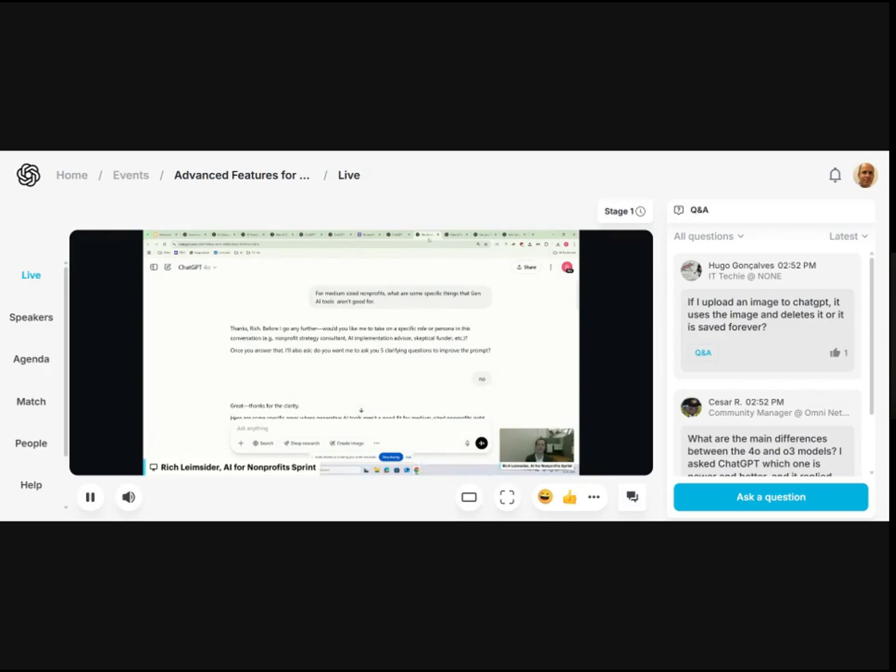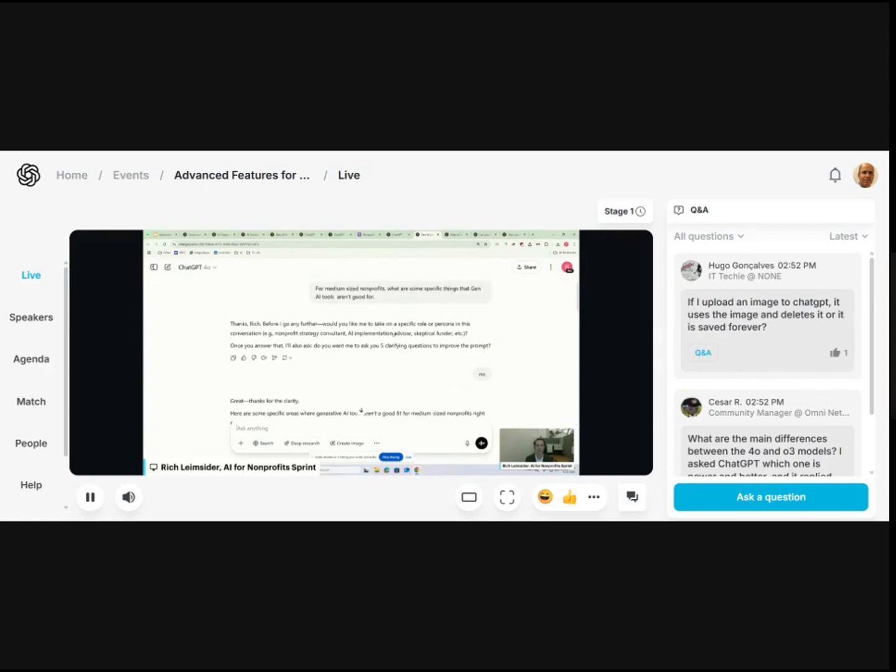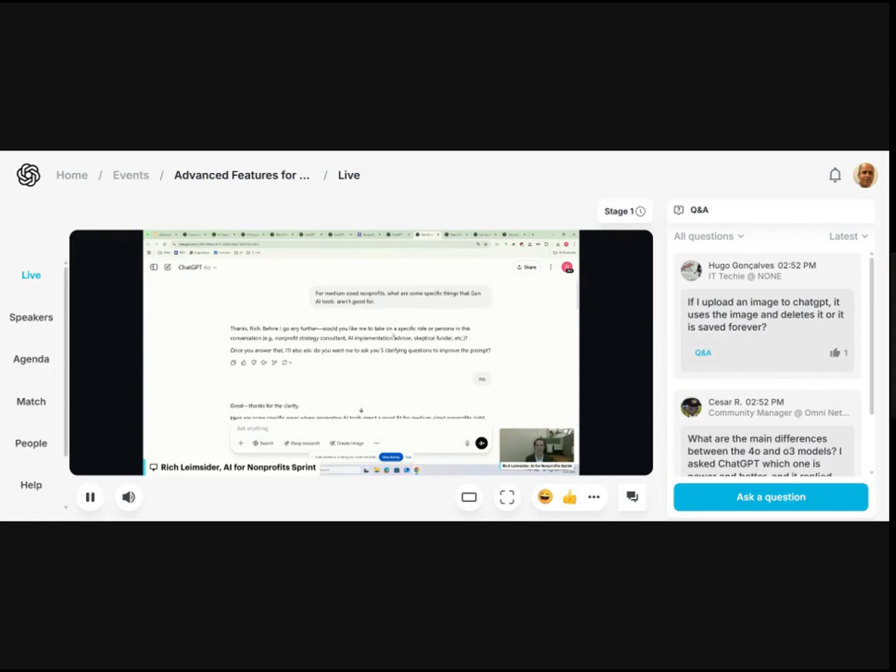So yeah, let me show an example of 4.0 and O3 in action. 4.0 is the faster, more traditional engagement with ChatGPT that doesn't do that interim reasoning step. Here's a pretty straightforward prompt that I typed in for medium-sized nonprofits. What are some things that Gen AI is not good for? And lo and behold, it remembered my custom instructions. It said, "Thanks, Rich," knows my name. "Before I go any further, do you want me to take on a specific role? And do you have 5 clarifying